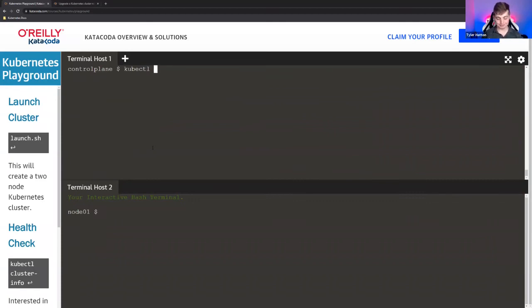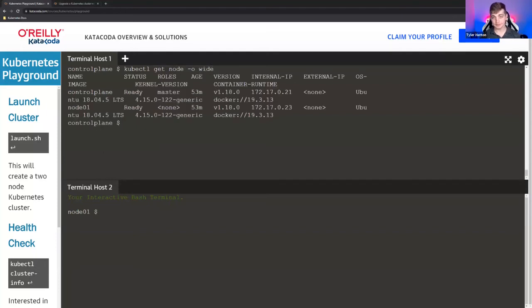The other one that I would probably know is -o wide. So kubectl get node -o wide. And what this does, and let's actually do a comparison here, is it basically takes the normal get command that you would run. So it lists out the nodes, or it could be even pods, it could be anything, right? But it adds some additional columns and details that might be useful